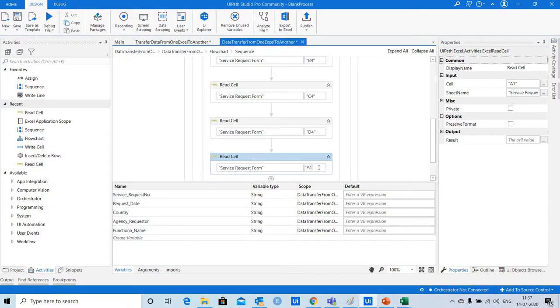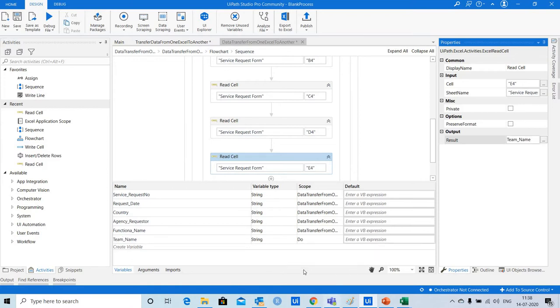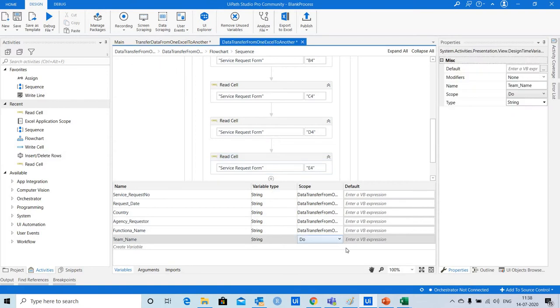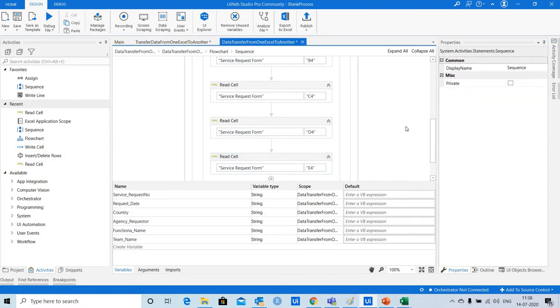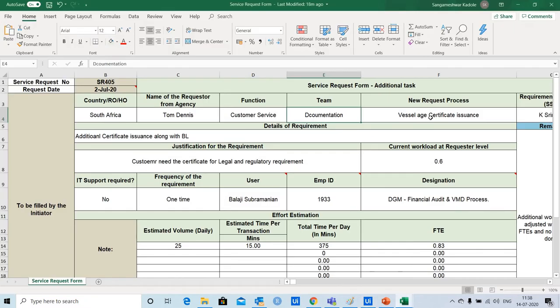So let me change E4 here and then I will define this output as variable team underscore name and change the scope to main sequence.